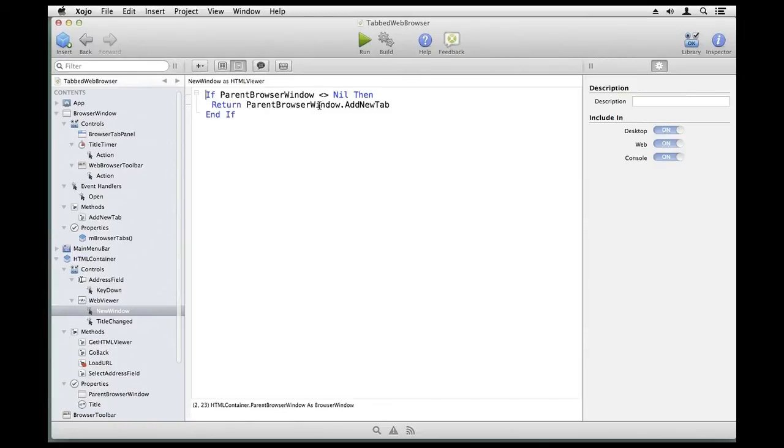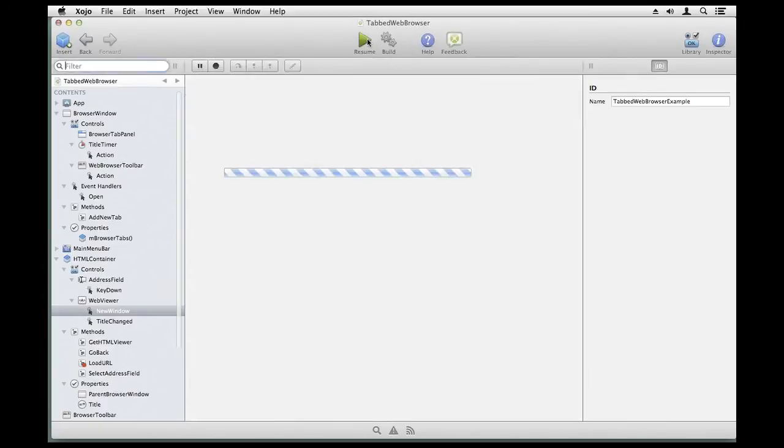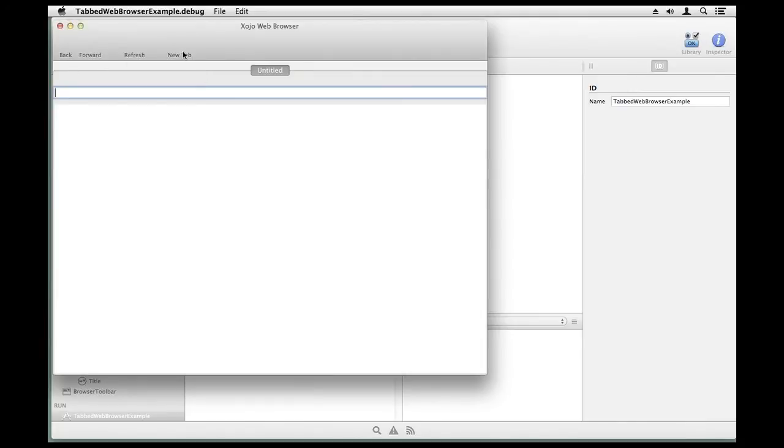Well, I don't know anything about tabs. I'm just a viewer. So I'm going to tell my parent, who's responsible for all this tab management, I got something for you. You need to add a new tab. And this is the HTML viewer you want to show it on. And so boom, it does that. It passes it right up the chain, essentially. And that's how you end up with this example that shows you how you can create a bunch of tabs,